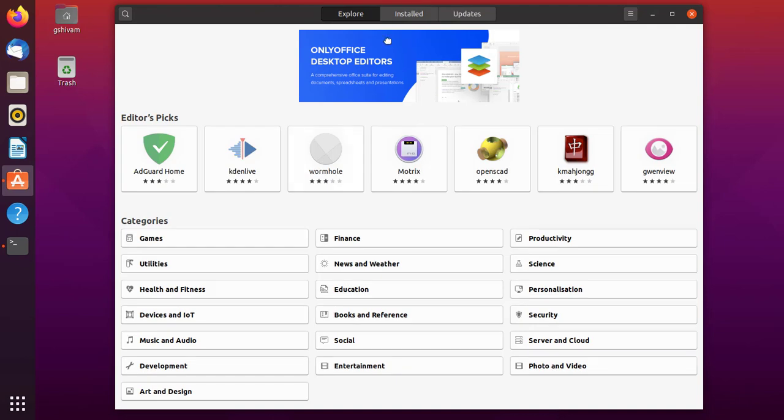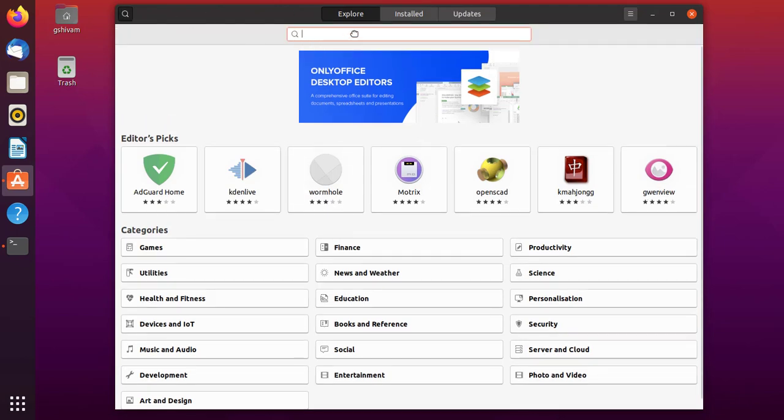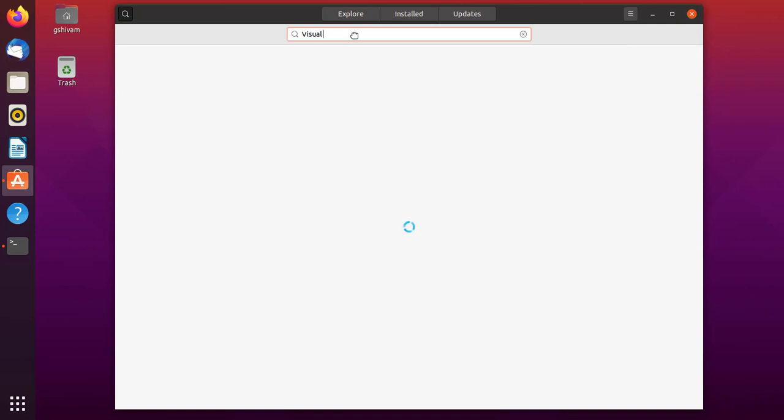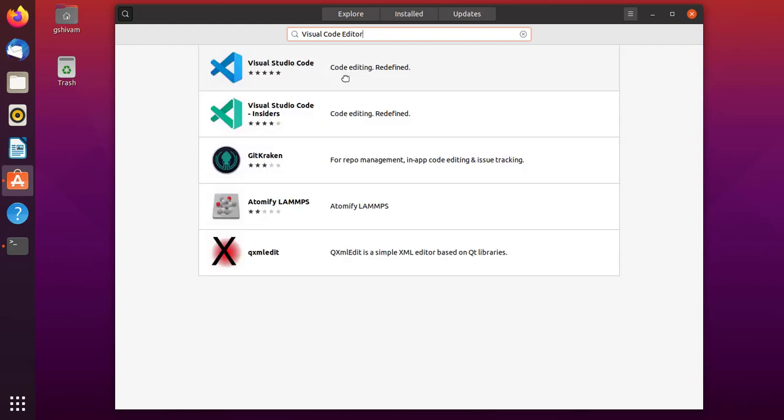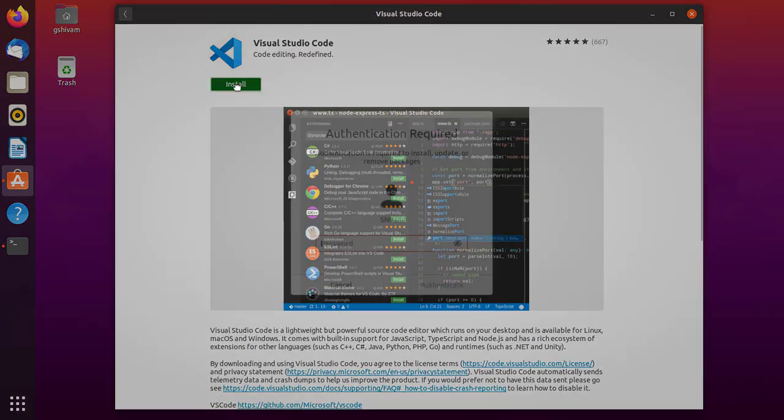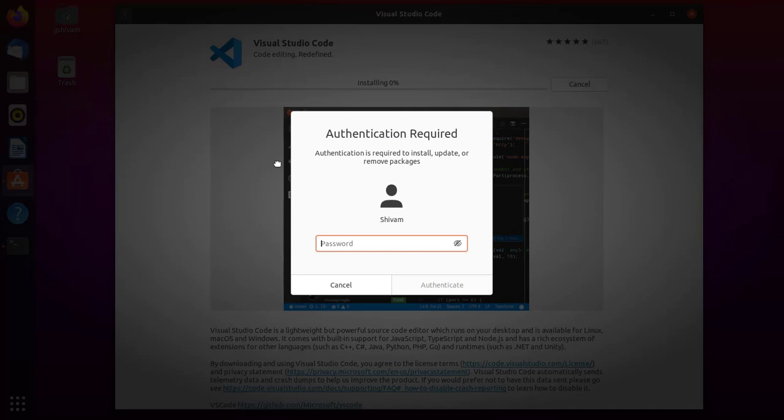We are downloading two of them. Both are good. The first one is the Visual Code Editor. You can select the first one and click on install. It will again ask you for the root user password.